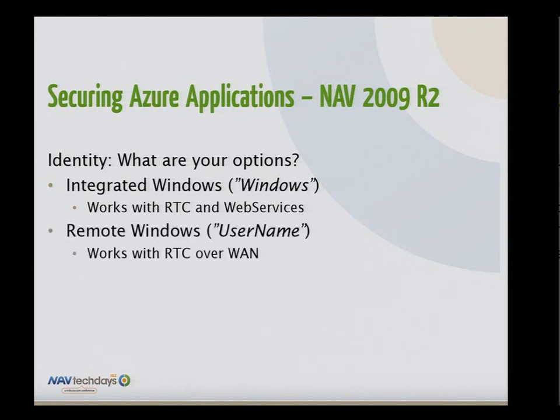And then we have this additional feature called RTC over WAN. What it basically is is remote Windows authentication. So you are able to log in to a remote Windows machine where you're prompted with credentials. Please type in your username and password, but not locally, but on the remote machine. And then you're actually able to access an app server hosted somewhere. It could be Azure, but it could be any hosting provider.